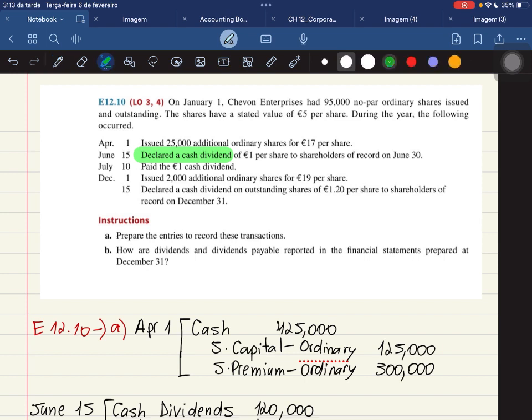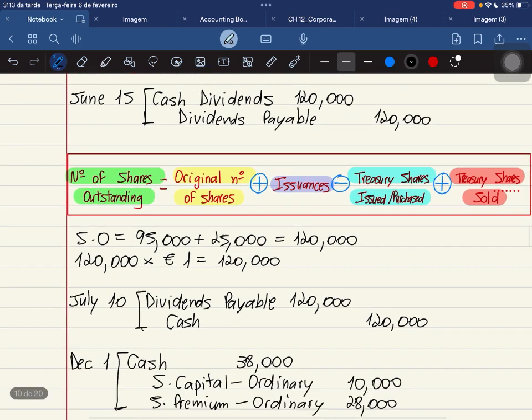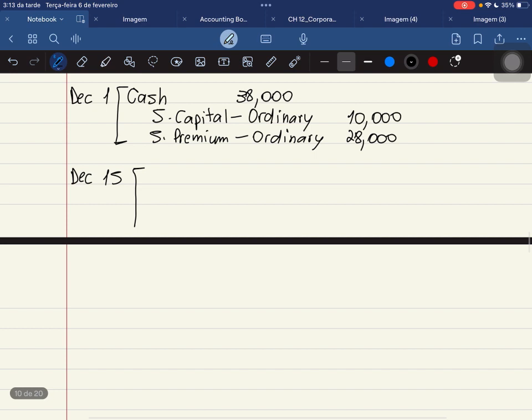Okay. Next happened on December 15. Declared a cash dividend here again, right? It is a cash dividend. So before we actually see the rest of the sentence, what do we have to do? We have to calculate the number of shares outstanding, right? Since the formula is the same, I mean, in theory, you could just add the other issuance. So, from here to here, we just had additional 2,000 shares that were issued, right? But if you wanted to do the whole thing, you can just repeat the original number of 95,000, and then 25,000 were issued, and then 2,000 extra were issued, which means that now we have an outstanding number of shares of